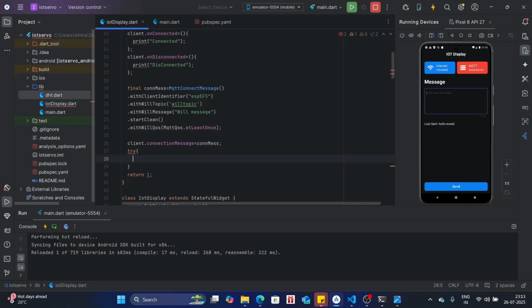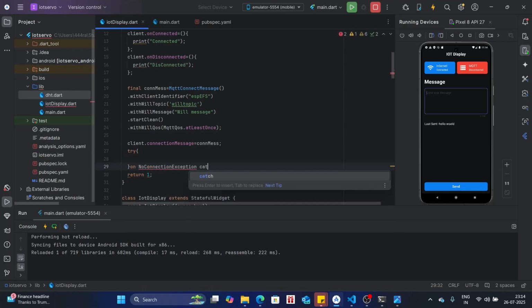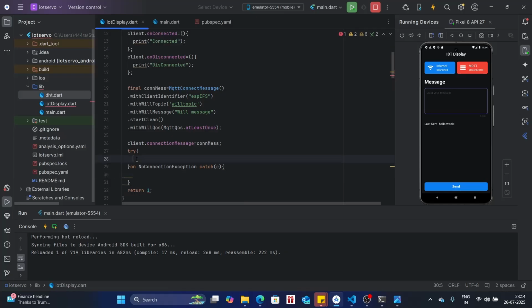Now we have passed the parameters, and now we have to connect. So for that, I'm gonna keep the entire code in a try catch block. In this case, a try on block. So here we're gonna say on no connection exception, like if we are unable to connect, so catch e the error and then print something. So in the try, we're gonna simply say await